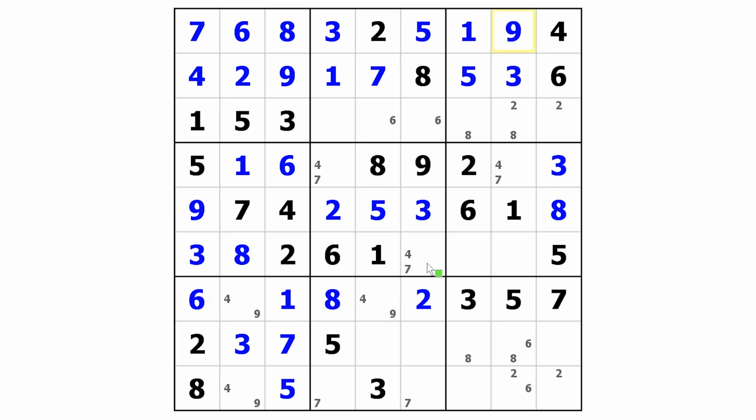And now here in row 6, we have 3 empty cells, so they must be solved for 4, 7, and 9. But we've got a 9 here, and a 9 here, so that means this cell must be the 9, and this cell must be 4 and 7. So that means we've added another bi-value cell to this little network, and all 4 of those cells are interconnected now, and as soon as we solve one of them,